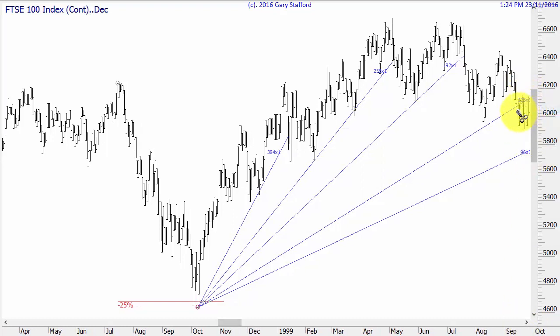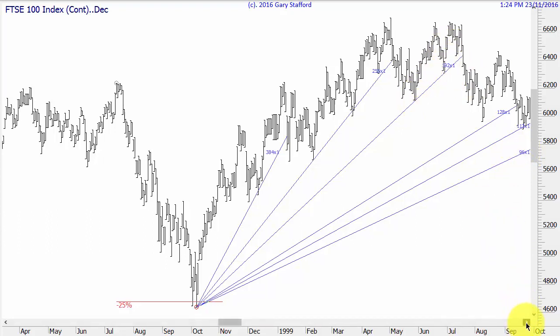Now, I didn't buy on the next angle. There's actually an angle halfway between this one and this one, which is 112. And in fact, it touches the 112 exactly. Now, because I just lost, I didn't have the courage to go back into it here. But what it did, it gave me courage to maybe buy on the next one, which is half of this number here, which gave us that low there. So let's see what happens.